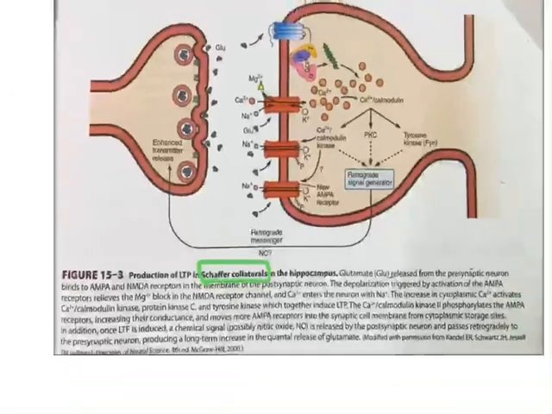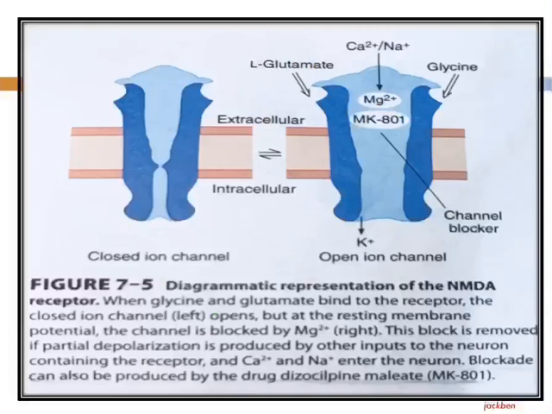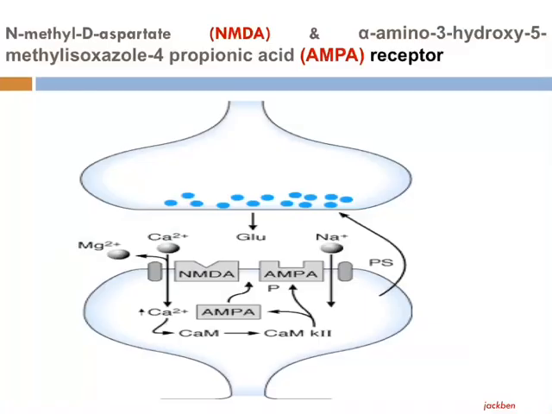So, what is this Schaffer collateral, we will discuss in detail in this slide, but before going to the Schaffer collateral, let us discuss the basic components. There are two types of receptors. This Schaffer collateral is nothing but a kind of connection between the presynaptic and postsynaptic neuron,